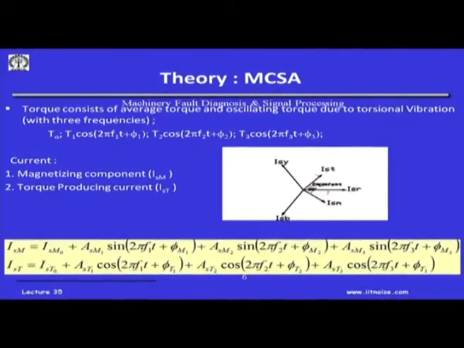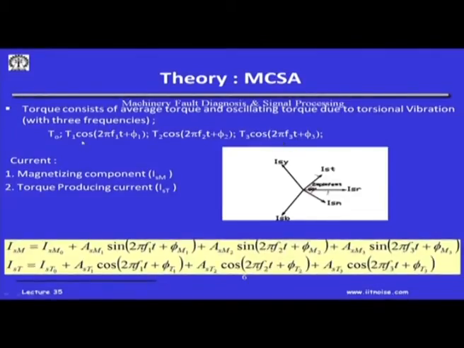One is the current which will be responsible for producing the magnetic field in the stator, and the other, 90° to it, is the current which is responsible for producing the torque and which is rotating the rotor of the motor. Now, if there are 3 defects at frequencies f1, f2 and f3,